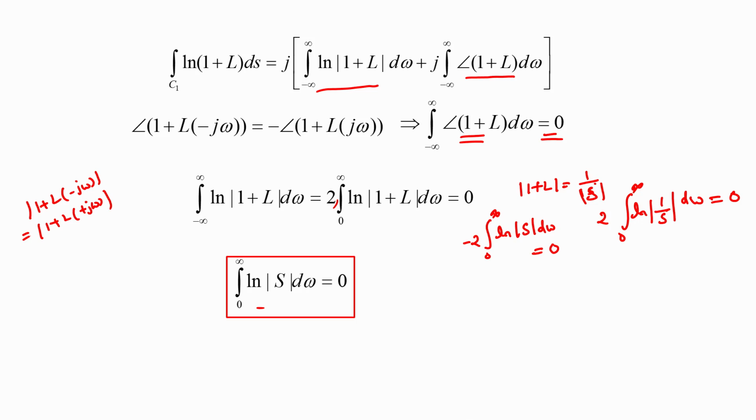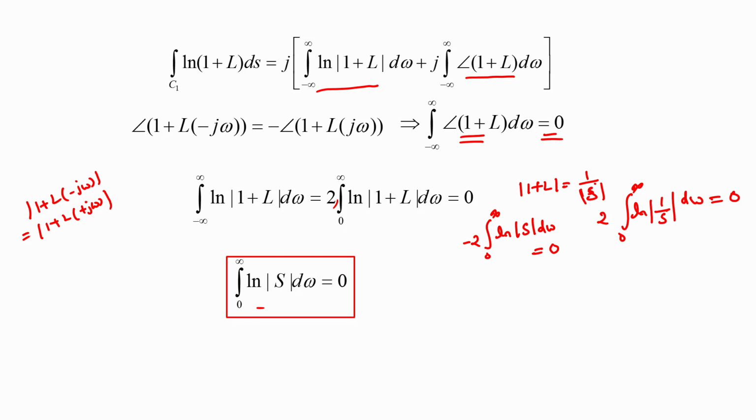This is called the Bode sensitivity integral, and what it indicates is that the integration of the logarithm of the sensitivity function, namely log of magnitude of S, over the entire frequency range is always going to be equal to 0, no matter which particular controller we pick, and therefore which particular form the loop gain has, as long as the poles and zeros of the controller as well as the plant are both on the left half of the complex plane.